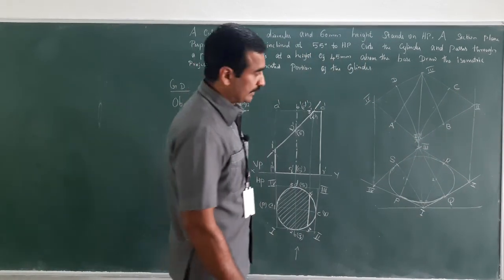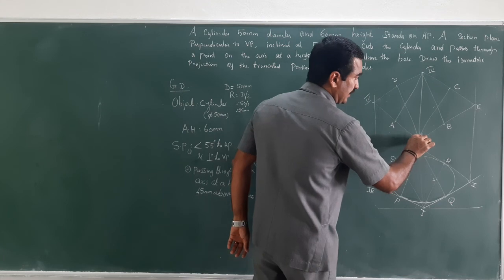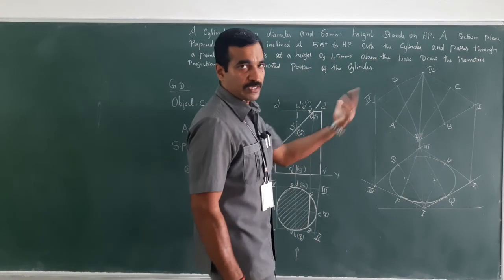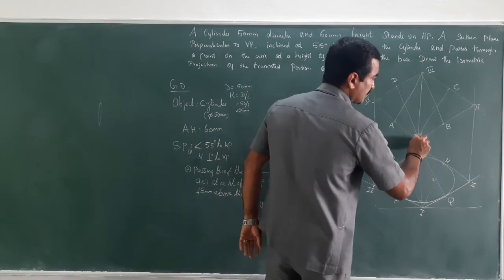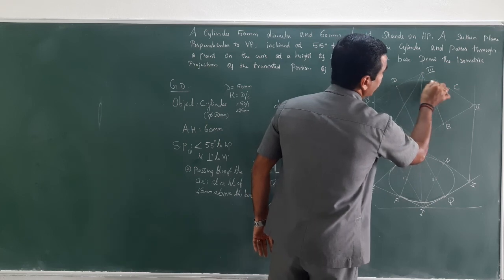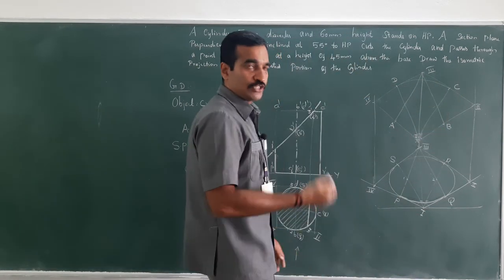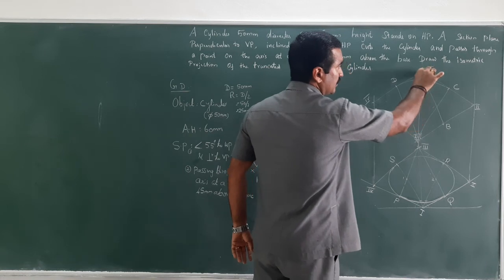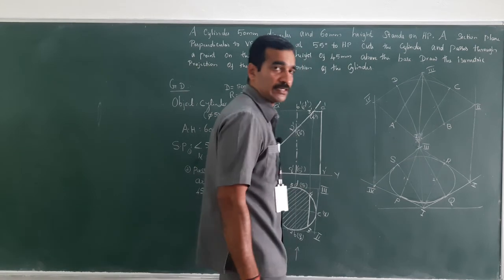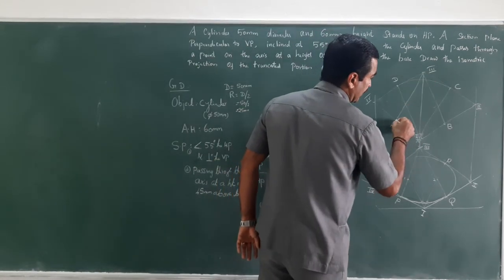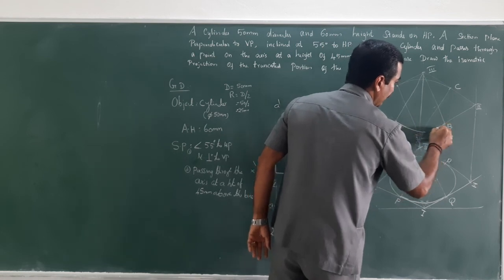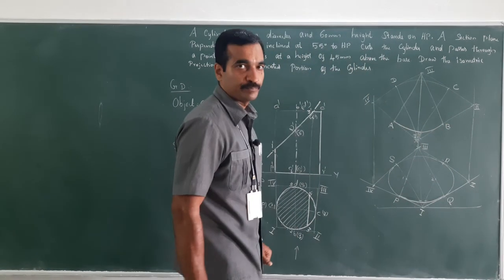Right. Now, next, 1 is the center. Measure the distance between 1 to C or 1 to D. Both are the same distance, right? So, 1 is the center, with radius measured from 1 to C, cut an arc between D and C. Now, change the center to 3. Stretch your compass to A, that's the radius, 3 to A or 3 to B as radius, 3 as center. Now, cut an arc between A and B. Between A and B. Clear?